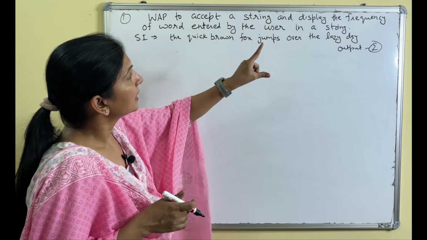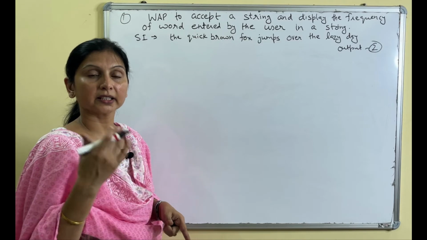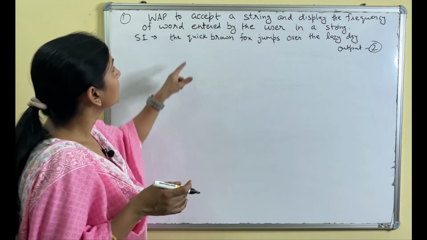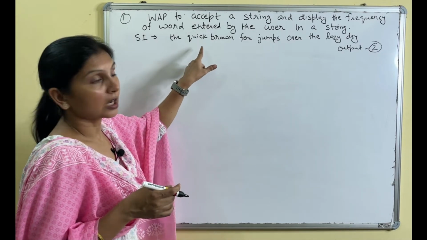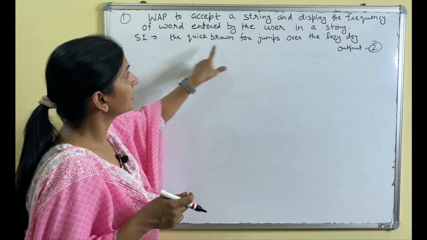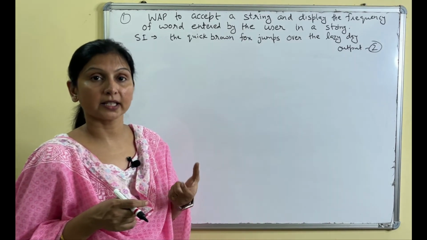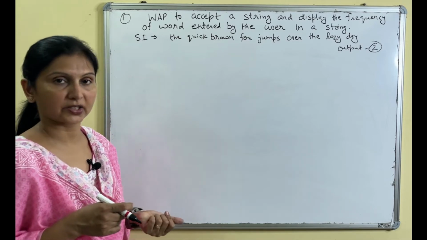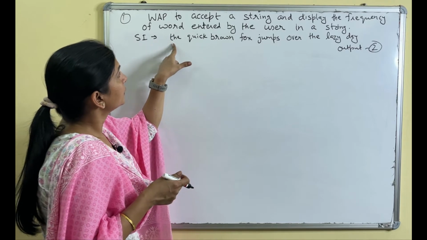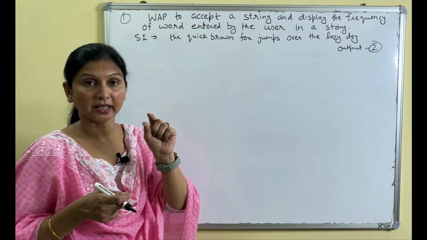Suppose this is a string. And then you need to display the frequency of the word entered by the user. So again it will ask the user to enter a word. Suppose we have entered "the", right? Now we will check the frequency of "the", how many times "the" is repeated in the string. So if you count, 1 and 2, the output should be 2. So you need to find out the frequency of the entered word in a string, right? So what logic will we apply here? See, we all know that after every word there should be one space. So we will apply this logic.